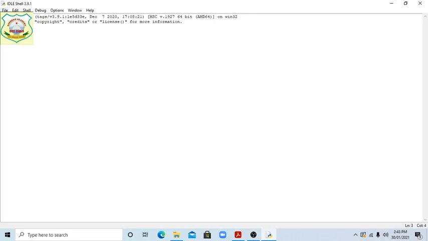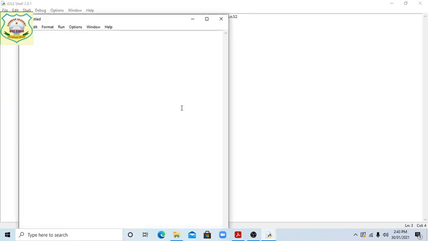We are taking a new file, and this is the script mode. We are writing a equal 100 and b equal, suppose, 200. Then print, there is given print x in brackets. Okay, students, so now we want to run it.